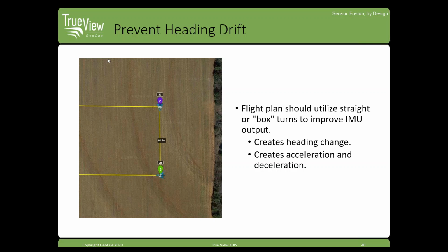So let's talk about the actual flight planning. What I have here on the screen is a few pieces of background information. First, as shown here, we're going to want to do